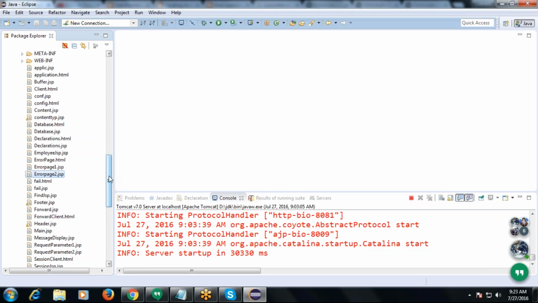No, that is not an object. The implicit objects are out, request, config, and even exception also. The exception object is generated by the container itself, right? So we can call it implicit.